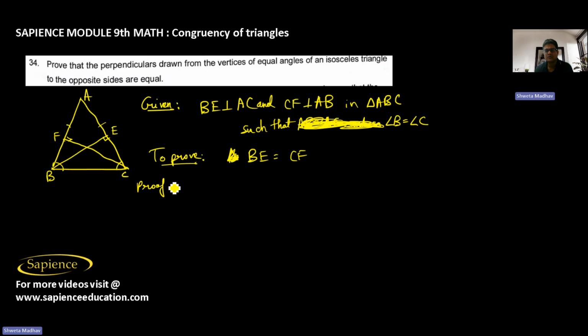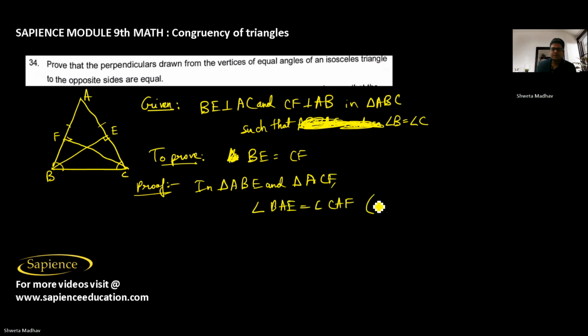So how to prove? We have to write the proof. So I will say in triangle ABE and triangle ACF, we say that angle BAE is equal to angle CAF, since angle A is common, angle A is common, and